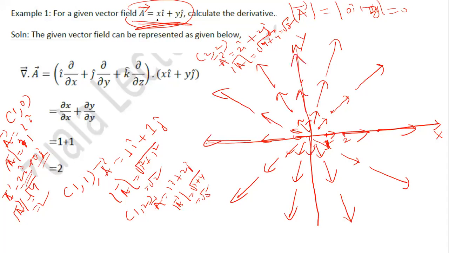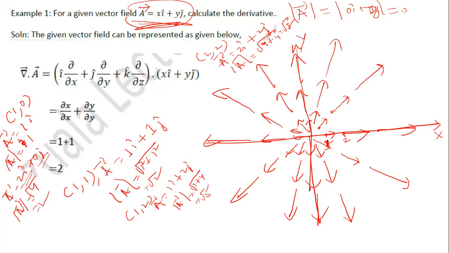You just put what will be the x value, what will be the y value at any particular point in space, then you will get this kind of vector. The direction also will change with the value of x and the value of y. Right. So as you see, this is a vector which is originating from this point, but near this point the